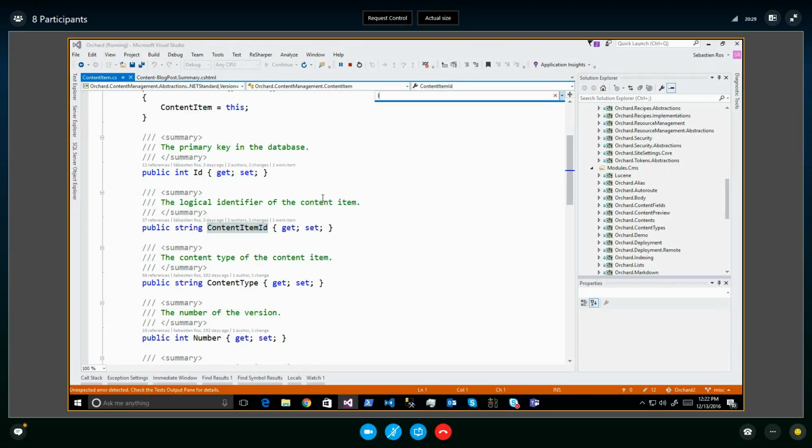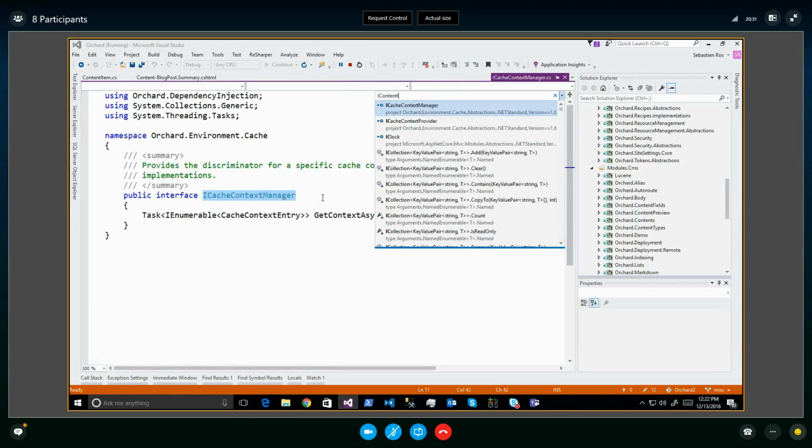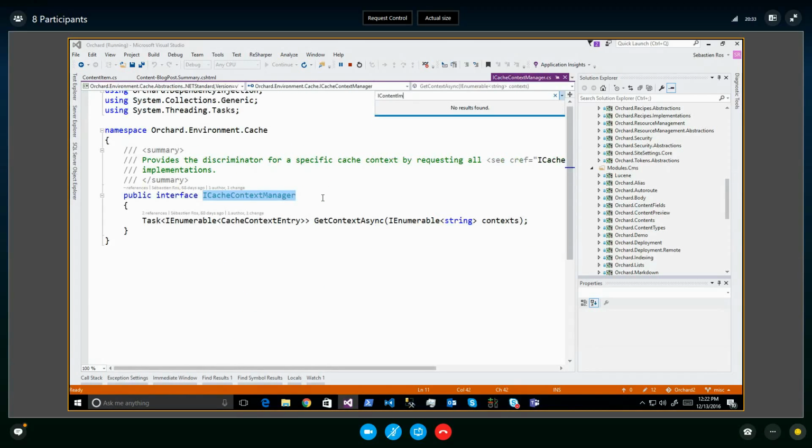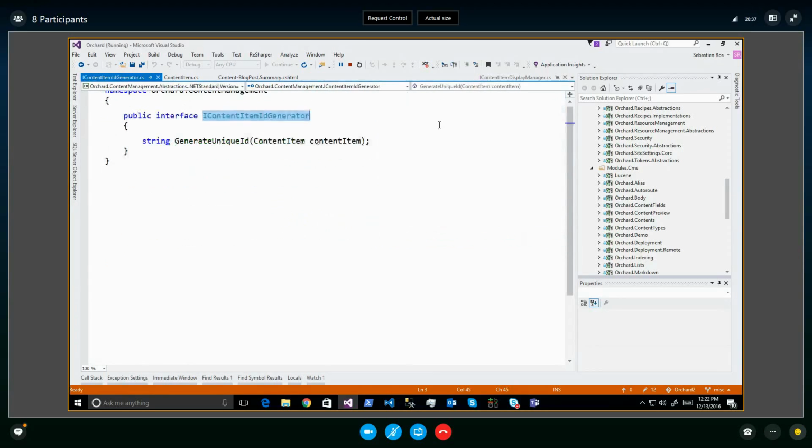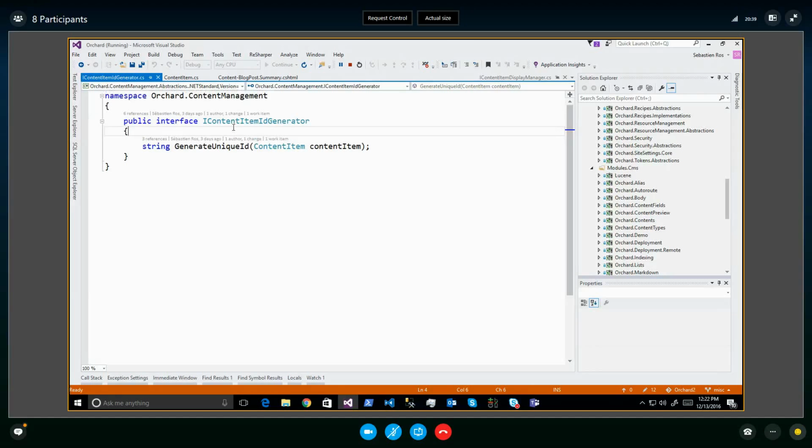So there is an interface in content management, content item ID generator, generate unique ID, and you can pass a content item in case you want to generate one that depends on the content item. Okay. The default implementation,